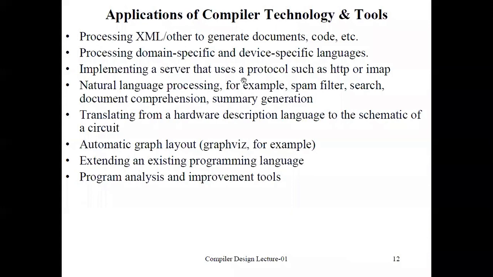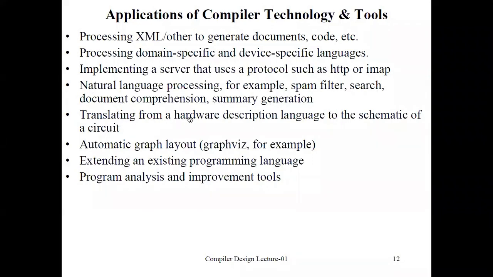Then some other applications of compiler technology and some tools also. Processing XML, extensible markup language, and others to generate documents, code, etc. Processing domain-specific and device-specific languages. Then implementing a server that uses a protocol such as HTTP, Hypertext Transfer Protocol, or IMAP, that is for Google Maps. Natural language processing, for example, spam filters, search, document comprehension, summary generation.